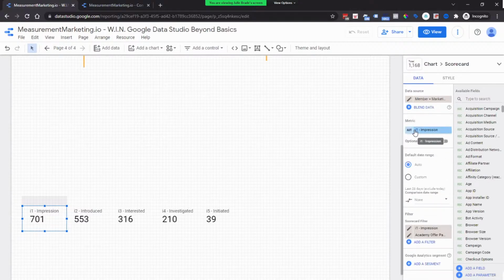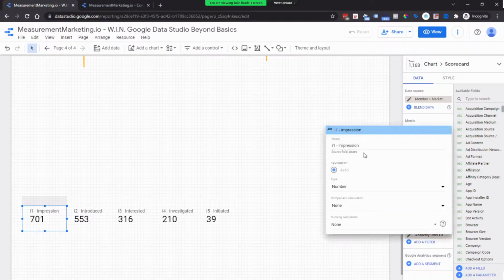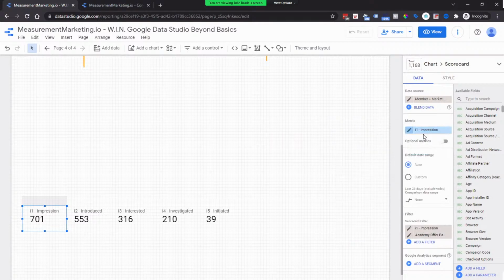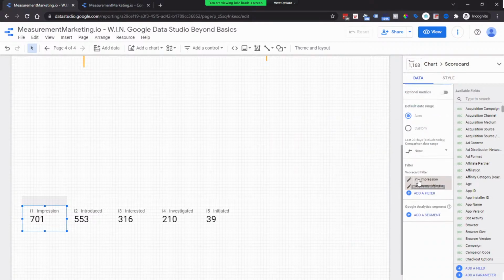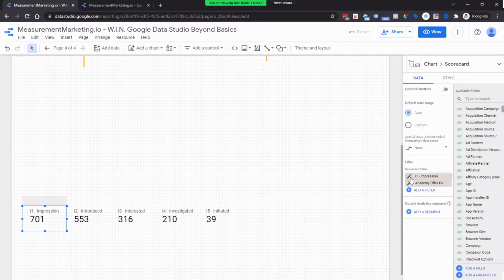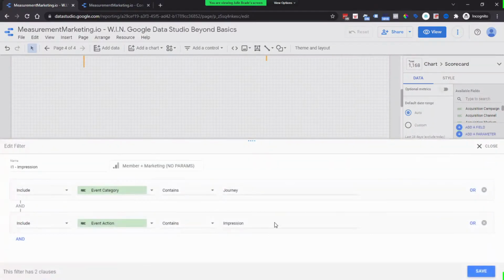So again, we named it, basic stuff that you learned in the first course, Google Data Studio Basics. This is users, but we renamed it so we can identify it very easily. We then have two different filters applied, same thing we did with our scroll. This one right here is identifying this particular step that we have. Yours might be slightly different if you're calling the impression something different. Some of you with the Get It Done guide actually have